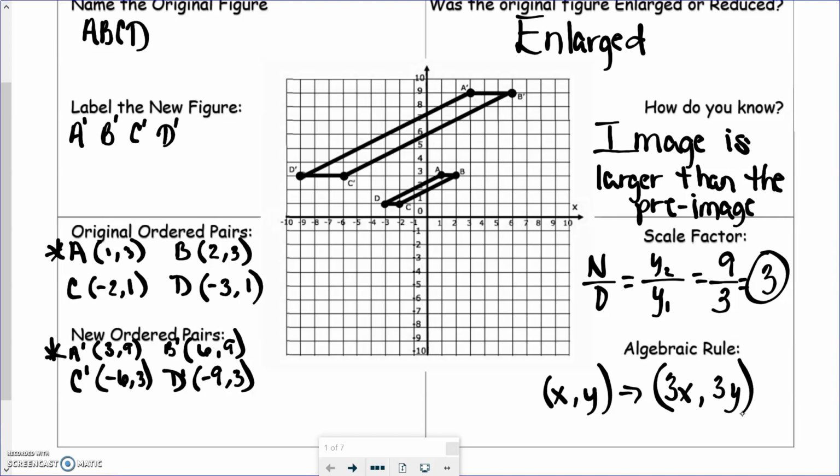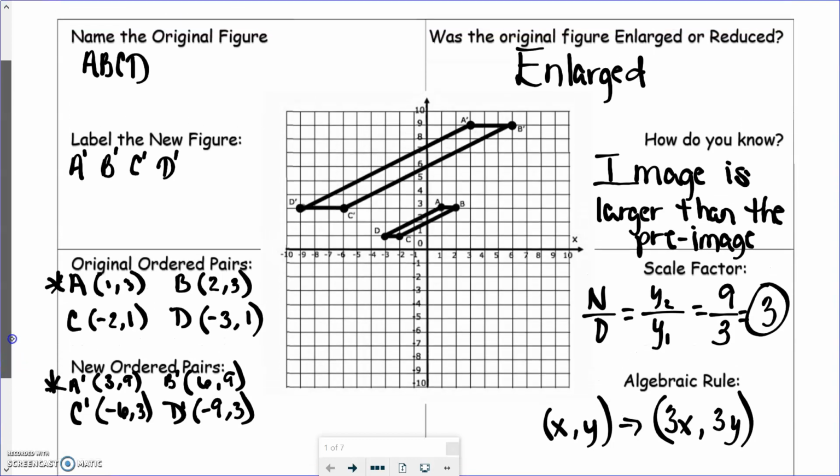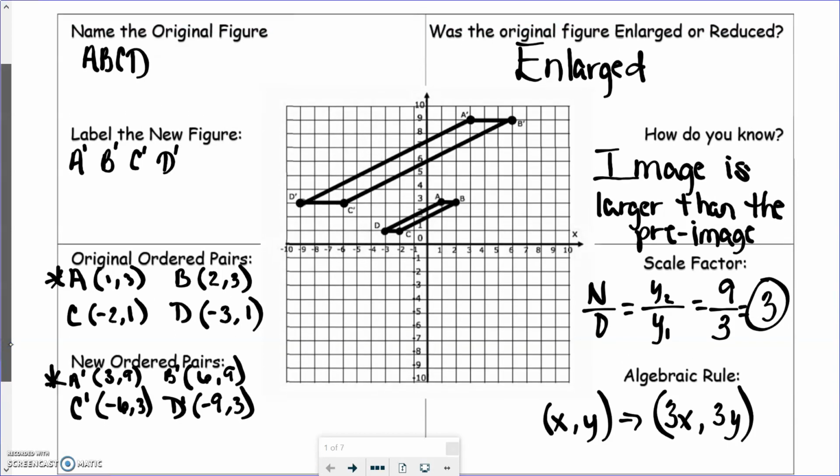And you can choose any point. Okay, you can choose any point, and you can choose either the x or the y, but it has to be x over x and y over y. So you're going to complete the rest of the Frayer models, and then the last example, you are creating your own. Go ahead and get